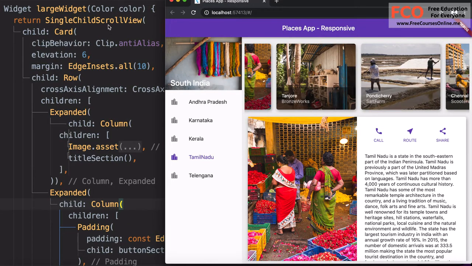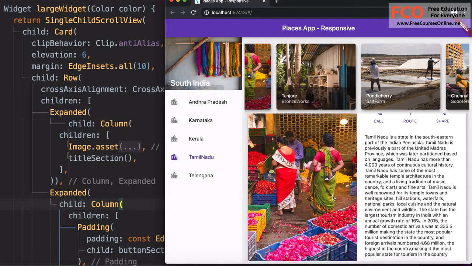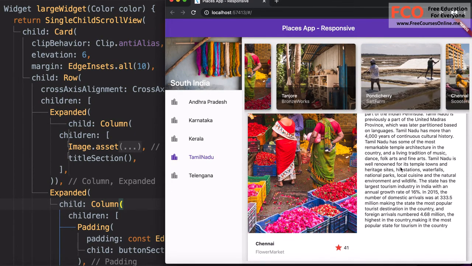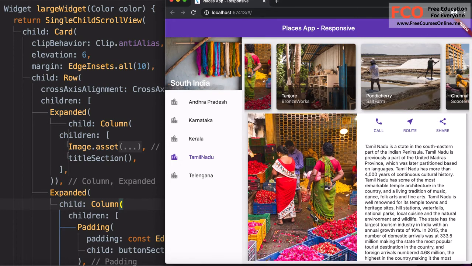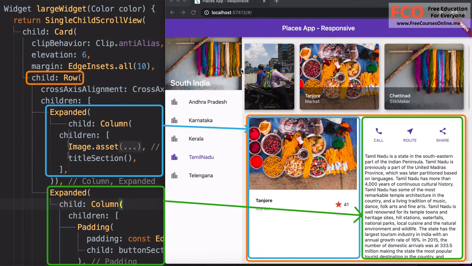So the large widget layout is implemented as a single child scroll view because this content needs to be scrollable. Sometimes the images can be bigger, or sometimes the content here can go larger than the height available. So we need to make it scrollable. The single child scroll view contains a card widget as its child, and the card is this whole layout, and